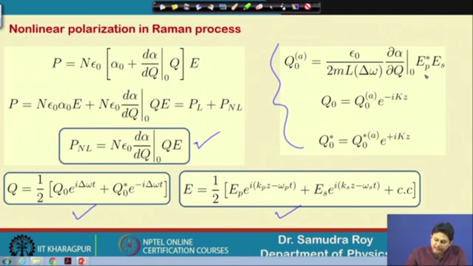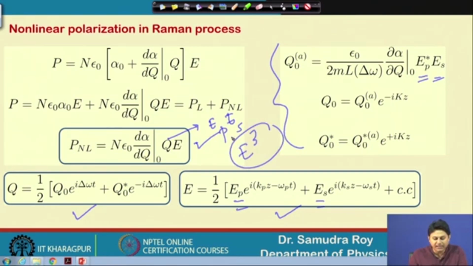You can see that we have EP and ES, these two fields sitting here. Then it is going to multiply with E. E is also having one EP and ES. So, when you multiply this q to E, the overall weightage will be E cube. This is a very important thing that you need to understand here,